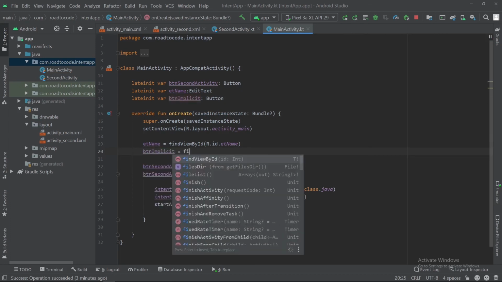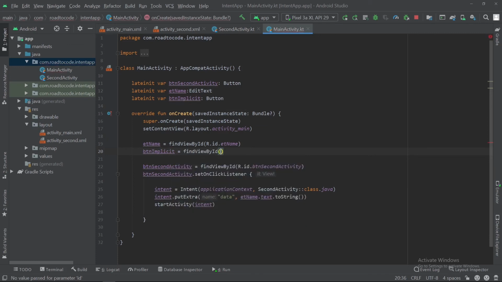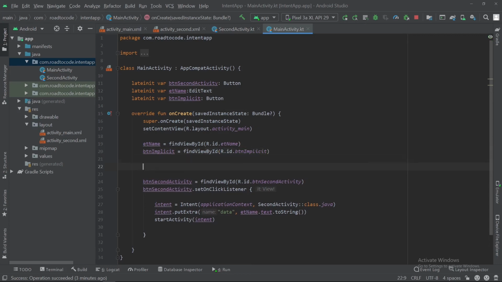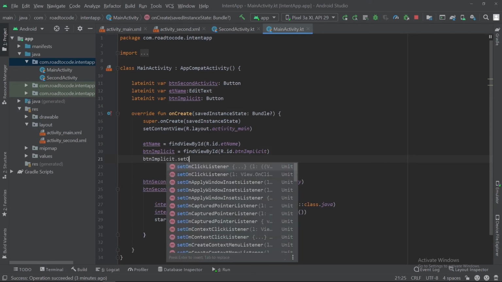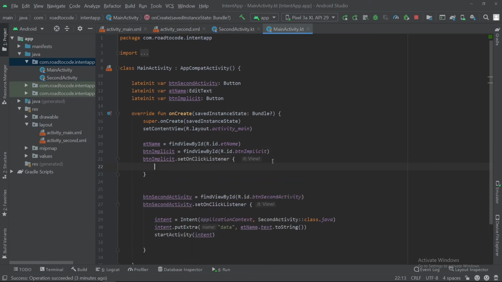So btn implicit equals findViewById, and there we will pass the id of that button, that is btn implicit. And now we will set the on click listener on this button in the same way as we did for the second activity button. So here I passed btn implicit dot set on click listener.